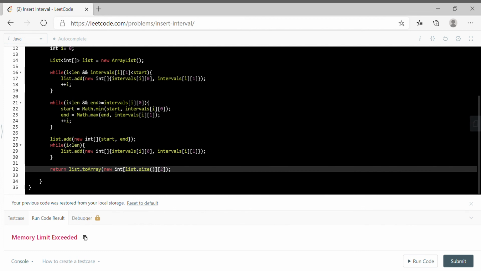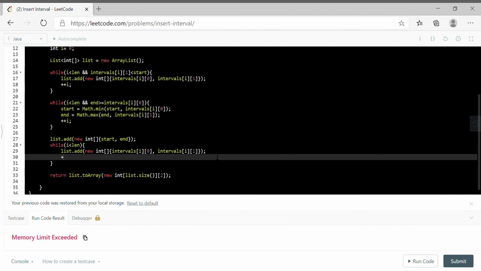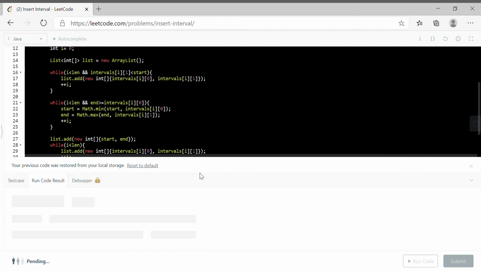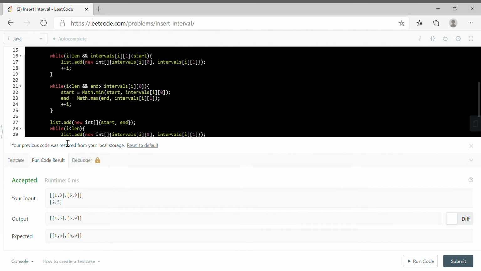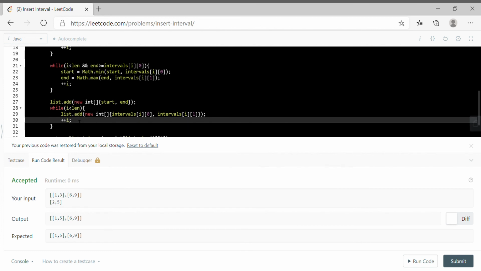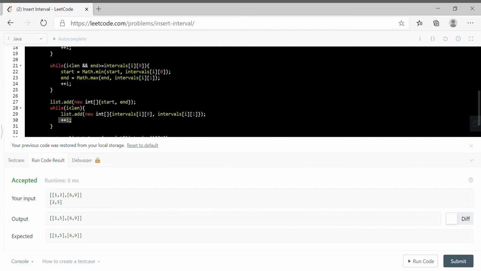Oh, somewhere we are not incrementing, right? It is here that we have to increment I, because if we don't, it will go into an infinite loop. Okay, cool. It's good that we get to know, which means in future we'll not make this mistake. Okay, we'll submit it.